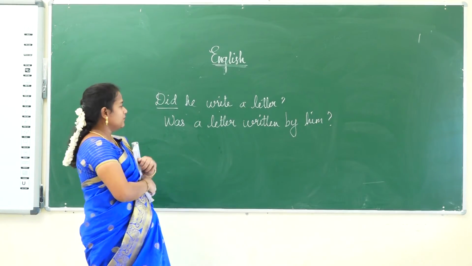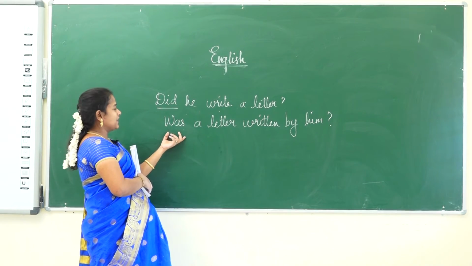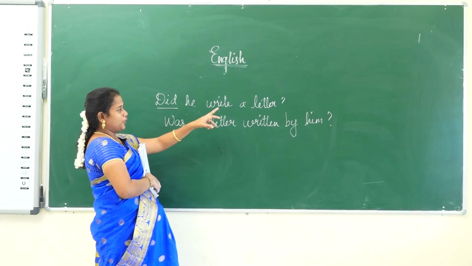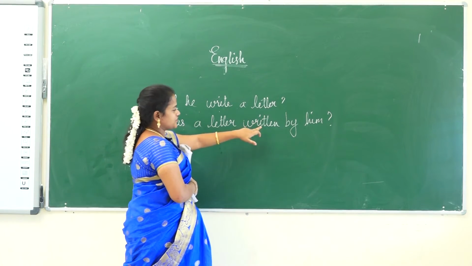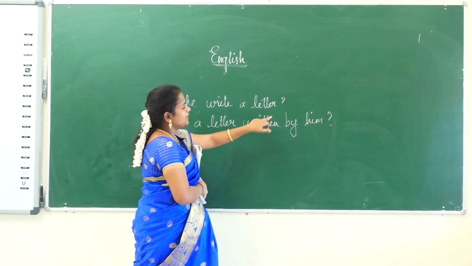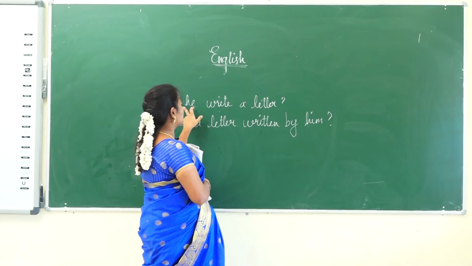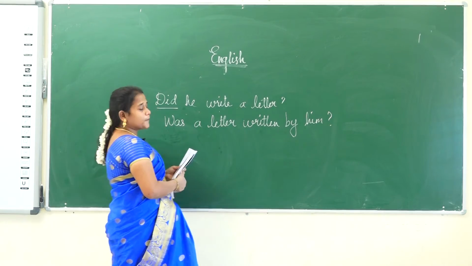This is how we have to change. The rule is the same, but in the form we have to write this auxiliary at first, then we have to write the object here, then we have to change this verb into the past participle, then we have to supply the by, then this objective pronoun will change into the subjective pronoun. Okay.